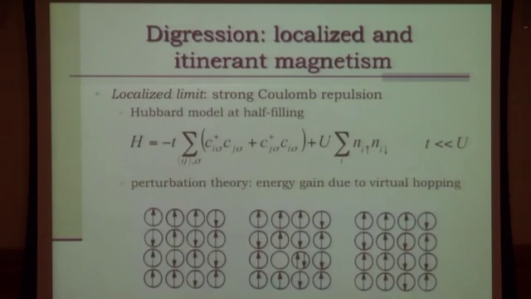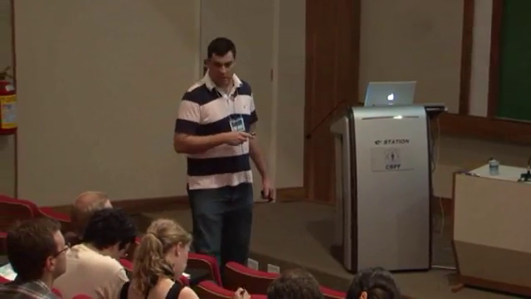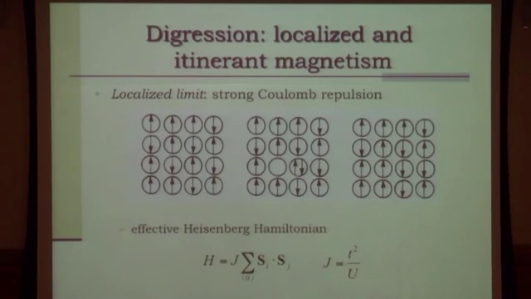So even in the strong coupling limit, as we call it, where the Coulomb repulsion dominates, there is an interaction induced by the Coulomb repulsion in the spin channel. And then you form a Heisenberg Hamiltonian, which goes back to the models that Premi was telling you about, where you just have a J and the scalar product of the nearest neighbor spins.